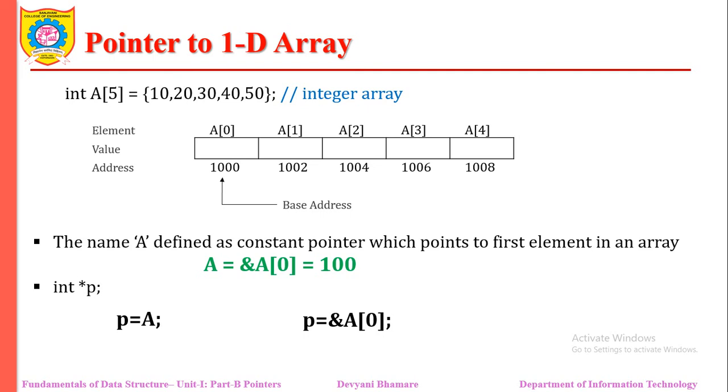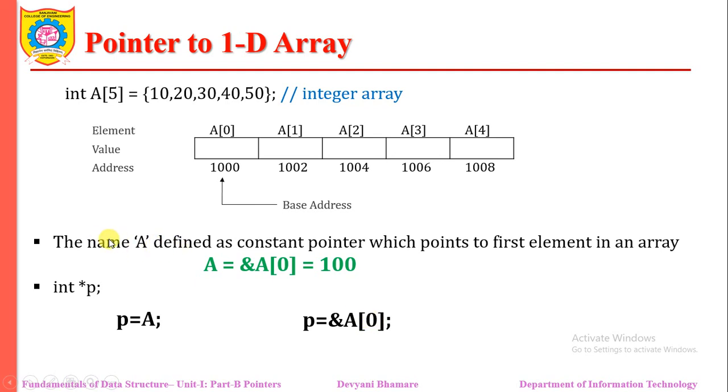Let me see this example. What is happening? Correct. In this example, we have created array a. This block of memory has been reserved. The first element address is called the base address. We have seen the array name itself works as a base address. So I want to make p point to the first element, that means the address of the first element. So we are saying p = a, or another approach is the address of the first element.